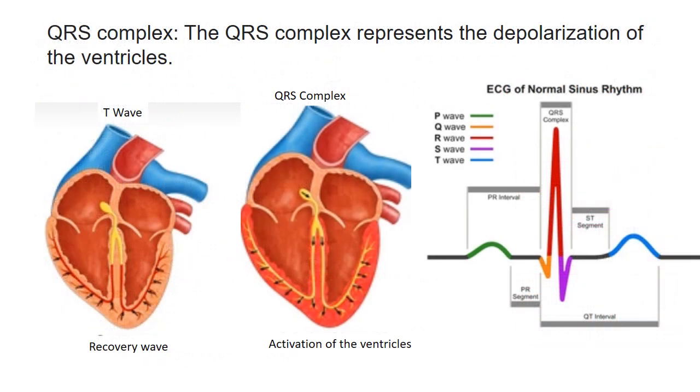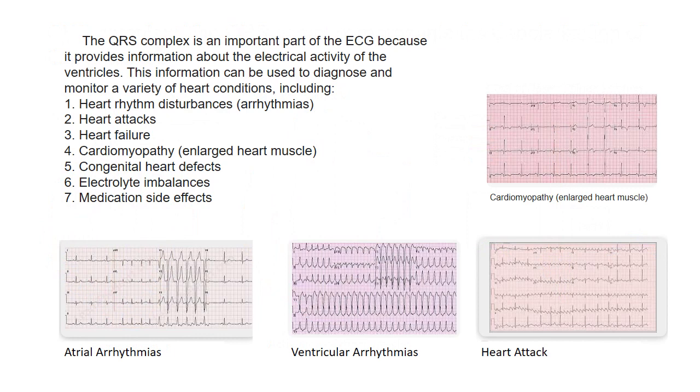QRS complex. The QRS complex represents the depolarization of the ventricles. The QRS complex is an important part of the ECG because it provides information about the electrical activity of the ventricles. This information can be used to diagnose and monitor a variety of heart conditions, including: